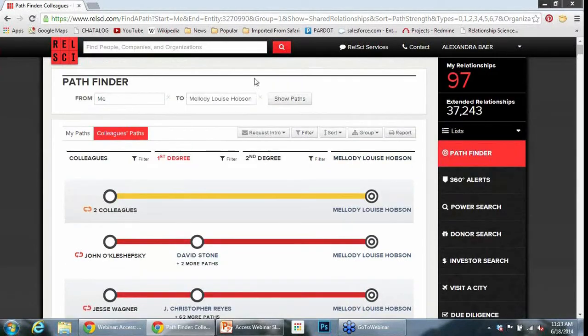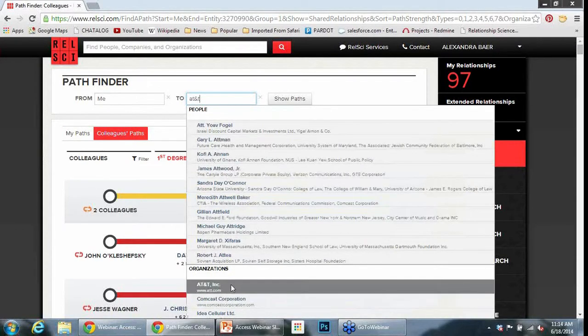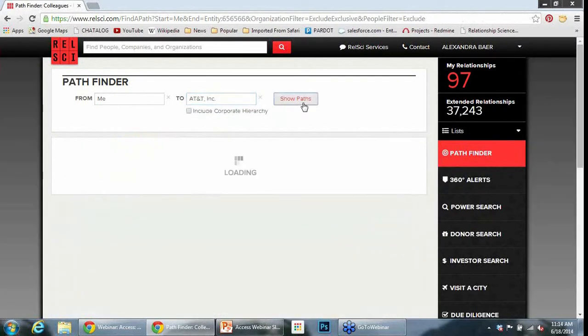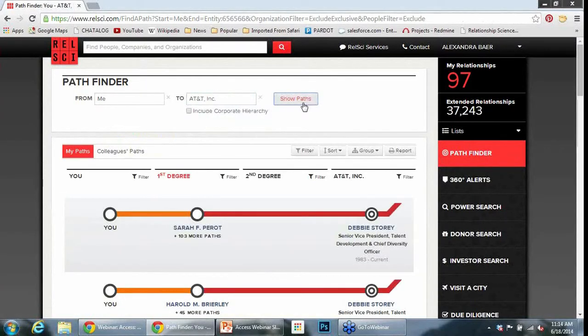So that's looking at Pathfinder from me to an individual. Now let's look at this as me to a company. So let's say I'm trying to get in front of AT&T. But I don't know exactly who at AT&T I need to get in front of. I just know that that is one of the places that is on my list of prospects. So basically what this is doing here is showing how I'm able to get to decision makers at